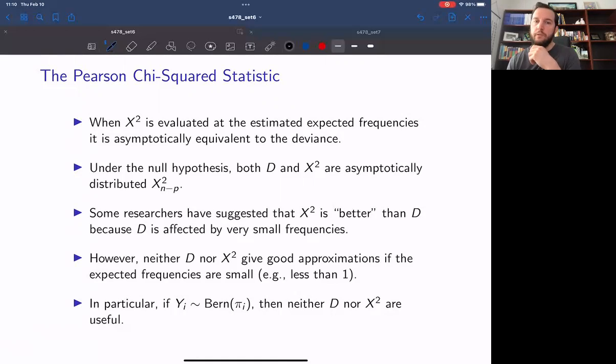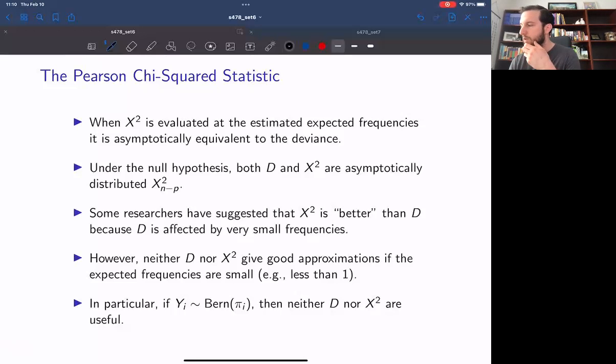Just like with the deviance, if the sample size is small, these values become less reliable, in particular if the response variable is a Bernoulli. This is a situation where the case count for each observation is only 1, and then neither of these values are particularly effective. One of the natural questions that might come out of this is, how big does little ni need to be for each observation in order for these values to be